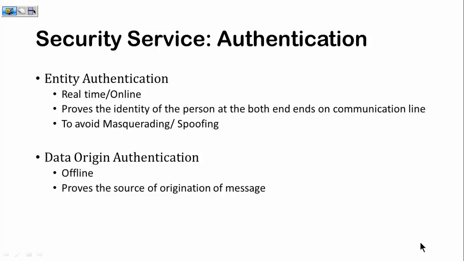As I have told you in the previous example, if somebody issues a notice that your semester exam starts from tomorrow, will you believe the notice? It could be a fake notice. How do you verify? You look for the stamp and the signature of the authority, whether it is from the controller of examination or not, right? So in the logical scenario, data origin authentication can be proved with the help of the digital signature. You have to authenticate who originated the message. So that could be one of the authentication services that is required.